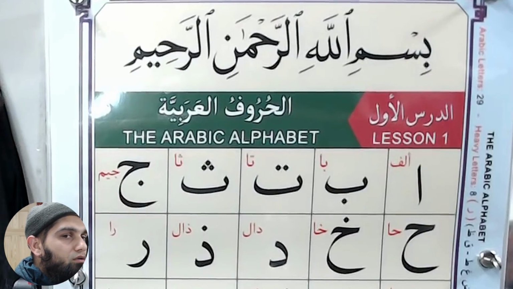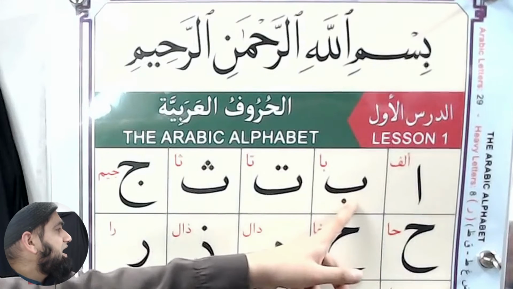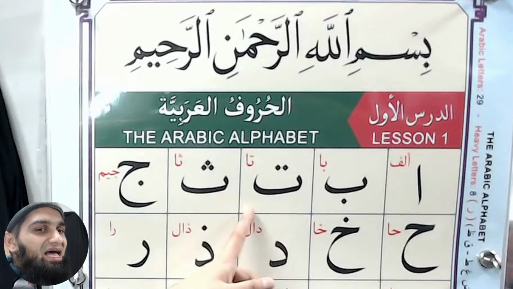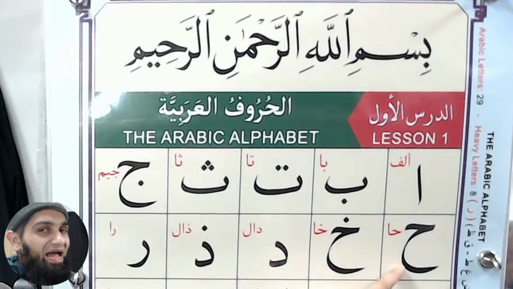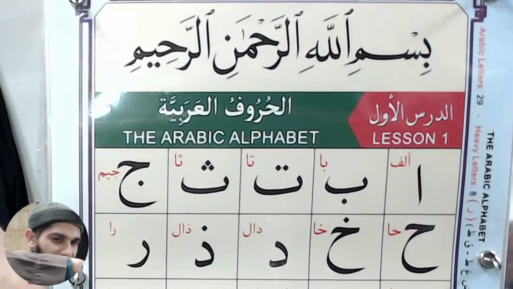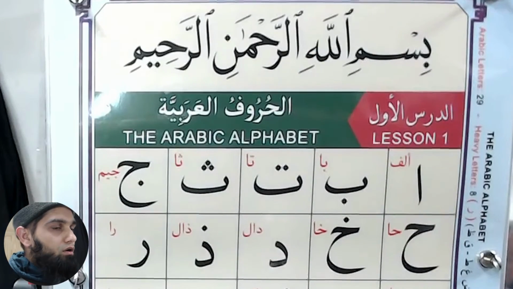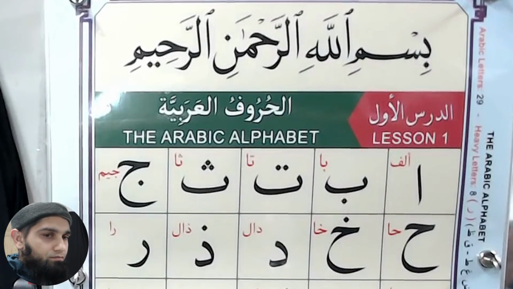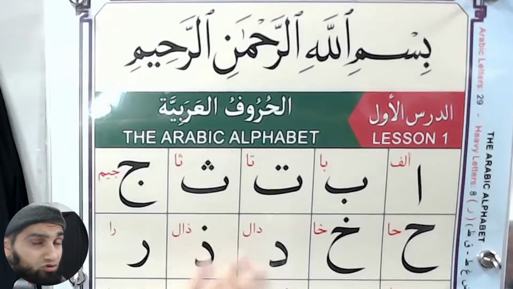Kha, kha, kha. Alif, ba, ta, tha, jim, ha, kha. Raise the back of the tongue. Kha, kha, kha. It is incorrect to pronounce this as kha with a light sound. It should be heavy. Kha. Inshallah, you need to study these letters before you move on to the next portion of the lesson,